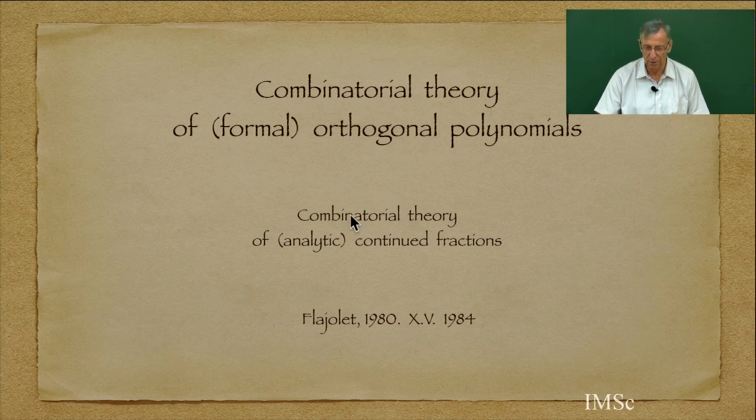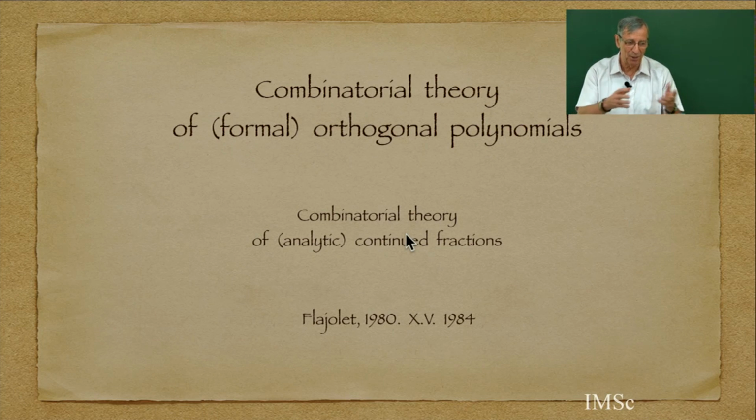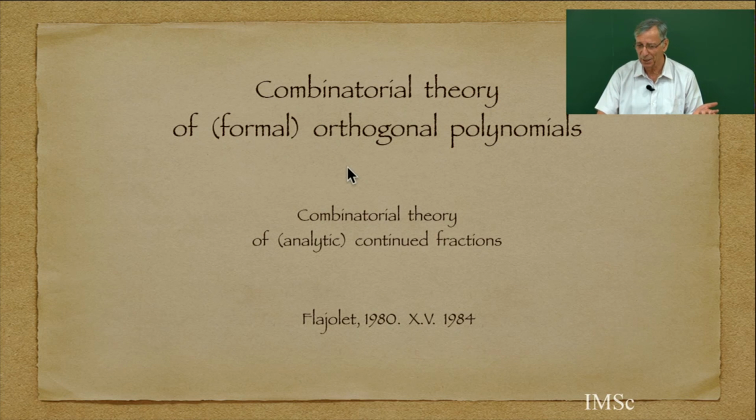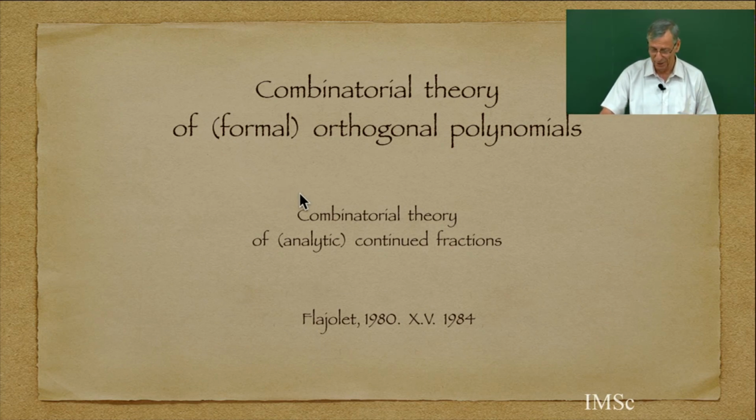This is the starting point of the combinatorial theory of formal orthogonal polynomials, which is equivalent to the combinatorial theory of continued fractions. At the beginning, for each class of orthogonal polynomials, there was some bijection, some formula, some combinatorics. And some of the specialists of orthogonal polynomials in the 80s didn't believe that we can do a combinatorial theory of general, just formal, orthogonal polynomials. But it's possible to take the classical books of analysis and redo everything with combinatorics, which is going to be a new way to see orthogonal polynomials.